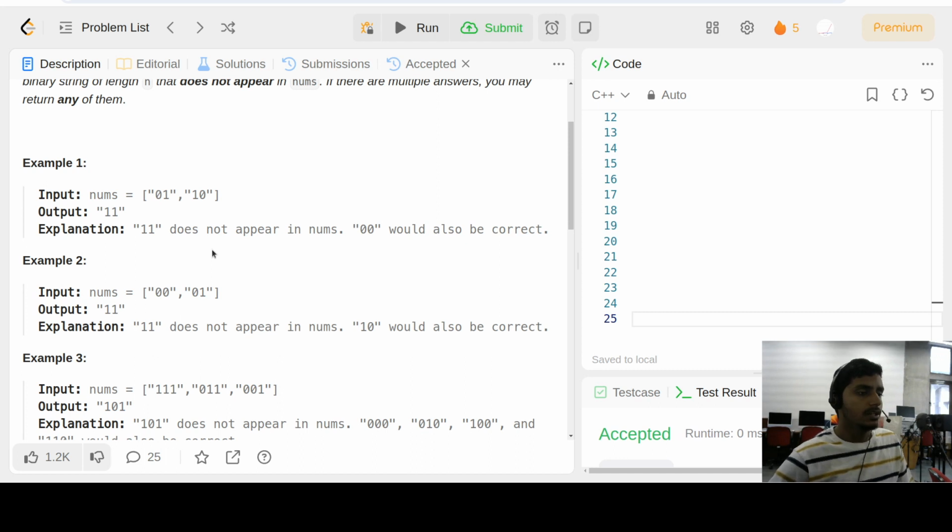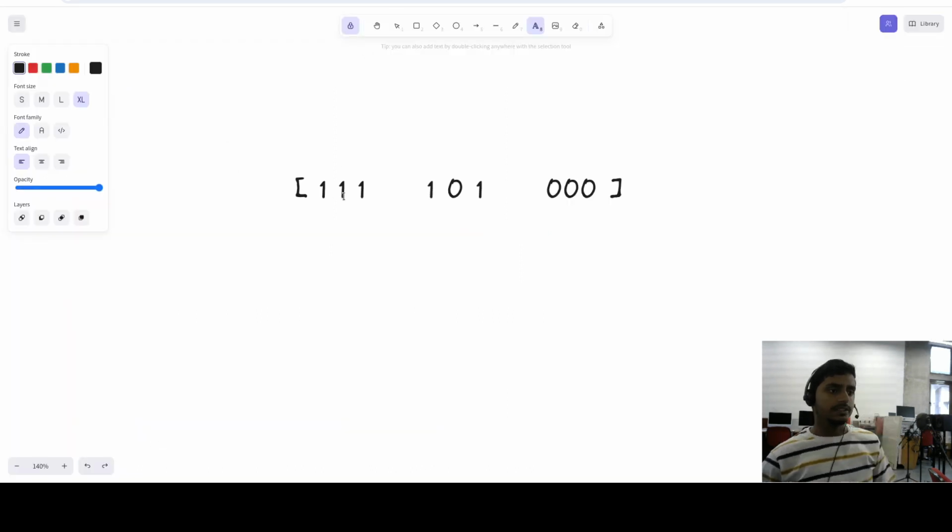But we have a much simpler answer to this question, and let's see the solution and how we can do it. For example, suppose we are given the strings 111, 1001, and 001. In this case, what we can do is,